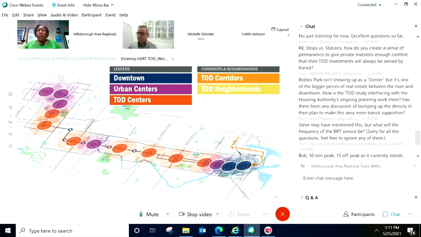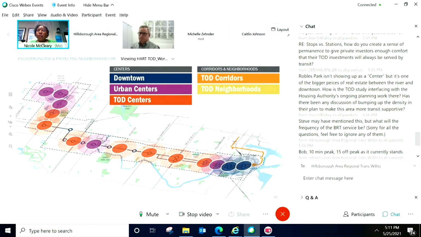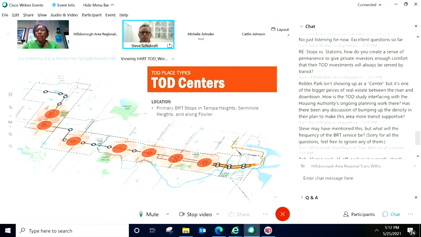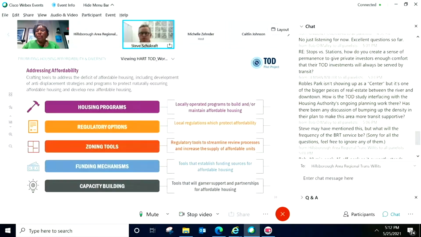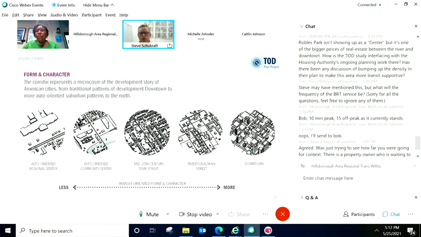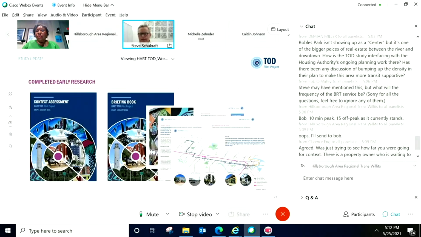Okay. So we have another question from Bob, and this is stops versus stations. How do you create a sense of permanence to give private investors enough comfort that their TOD investments will always be served by transit? I'll flip quickly back up. We did show a sketch, so this is a bit of a placeholder sketch now for the arterial BRT project.